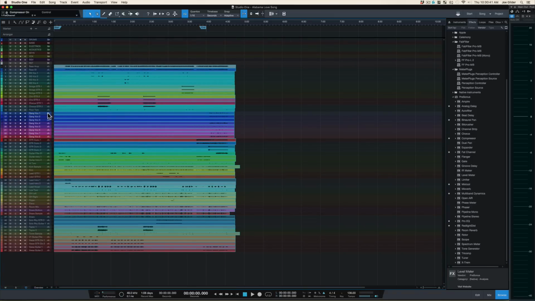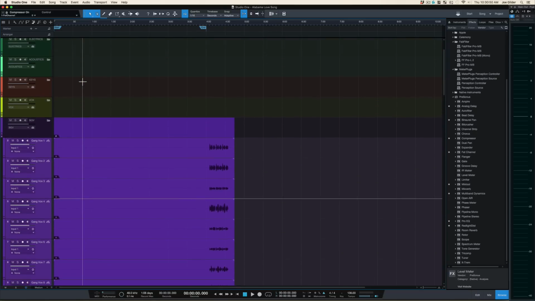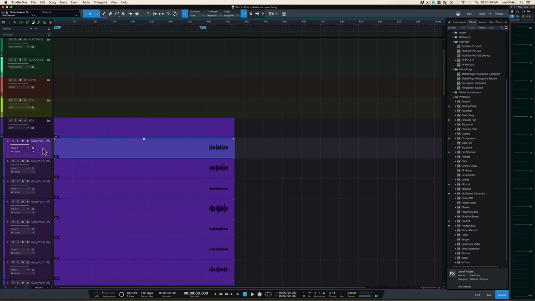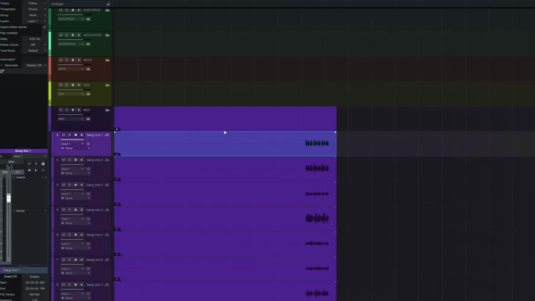I select them. I drag them up to the bus. See right there? Doink. Now, a couple of things just happened. First of all, they got changed to purple, which is the color of background vocals. Fight me on that. The next thing that happens is obviously they're inside this folder, so I can open and close the folder. But the next thing that's even cooler is the tracks have now all been automatically routed to